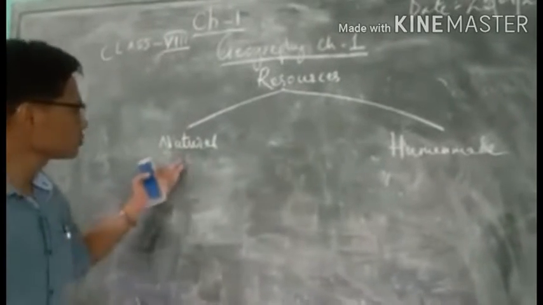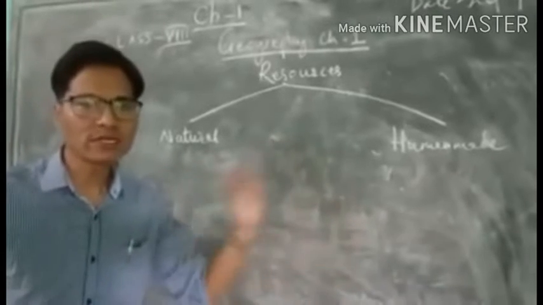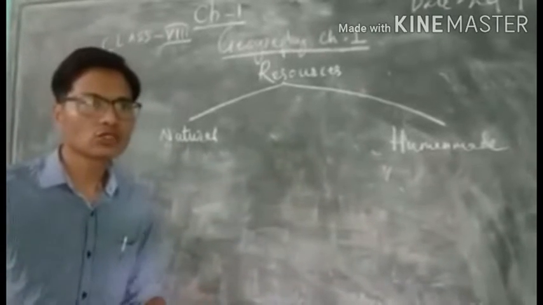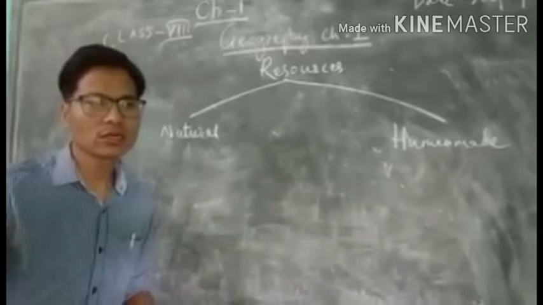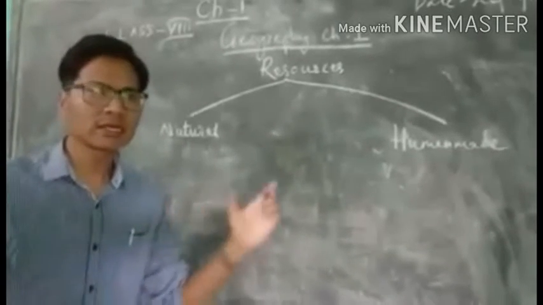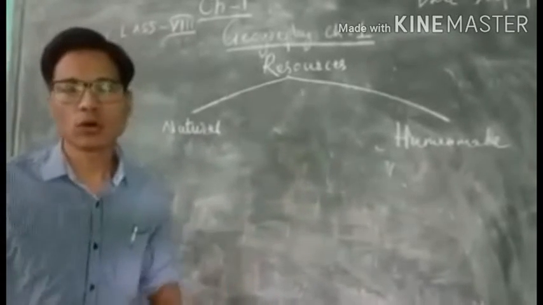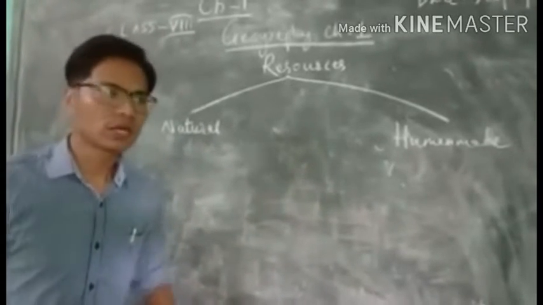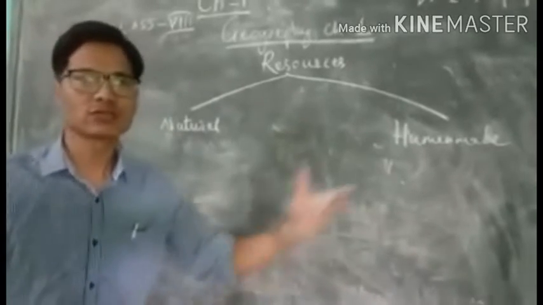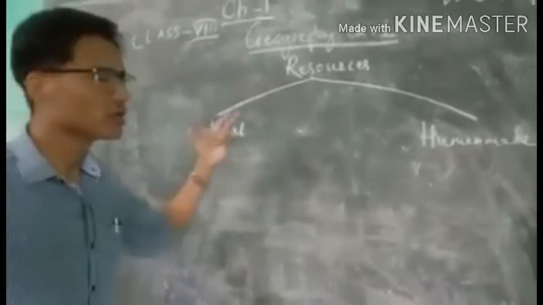Natural resources are those resources which we derive or obtain directly from nature. We don't have to actually interfere in its making or development. It's there in nature or the environment, in its natural form. For example, the air, water, wind, rocks, the soil, the forest, the trees, the wildlife, flora, fauna, everything that we find in nature. So they are natural resources.